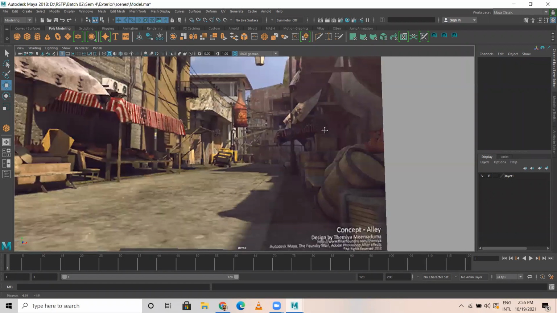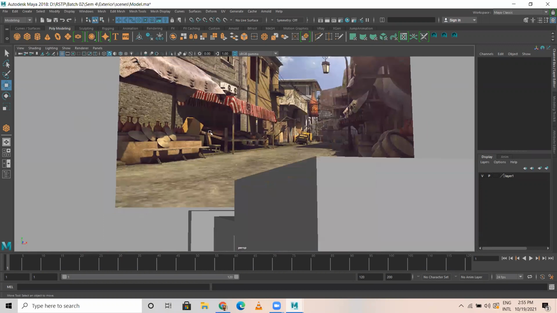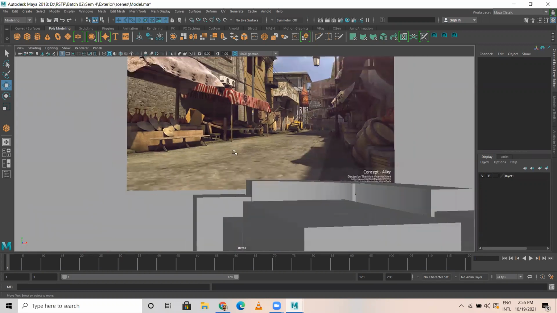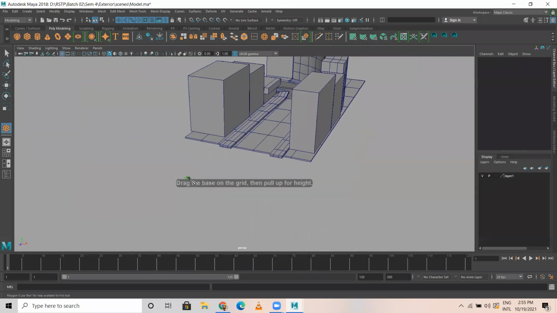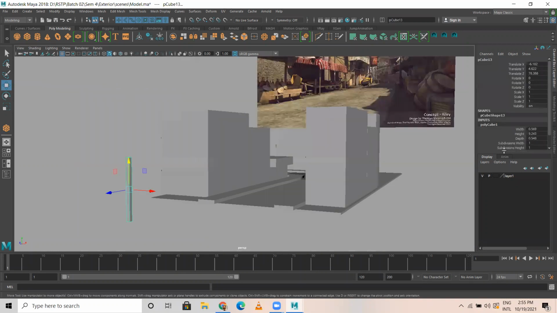Now I can show you how to create a simple canopy here. I take a cube, I'm placing it here, and I'm going to add a few divisions, no, width is not required, just depth and height.